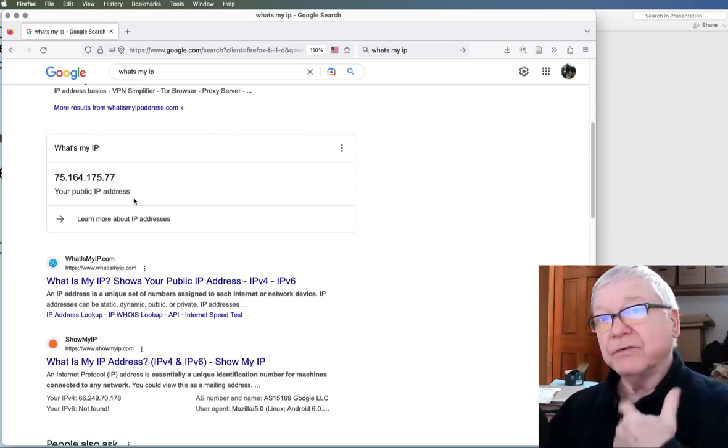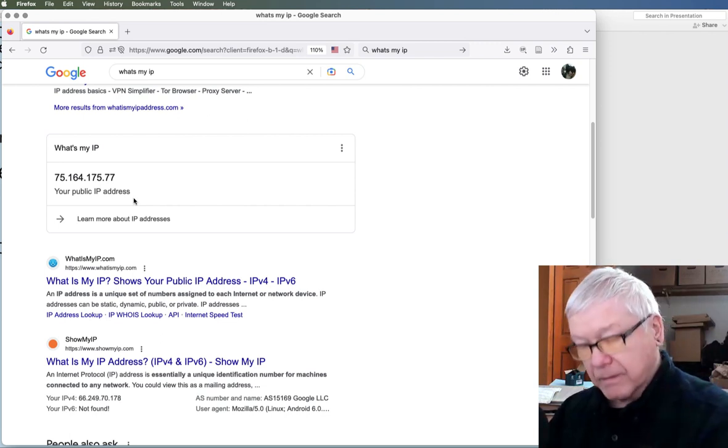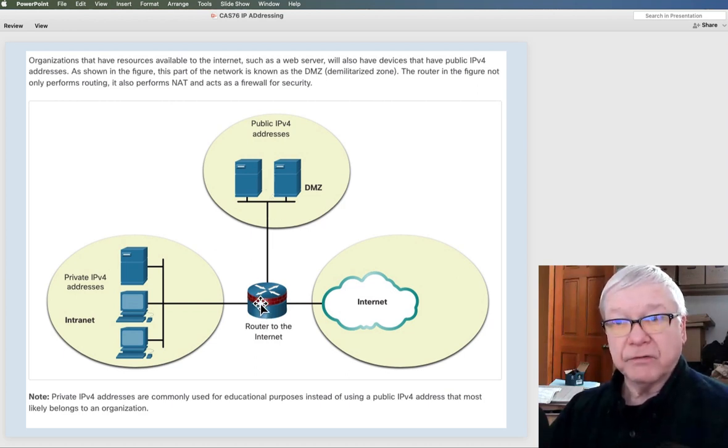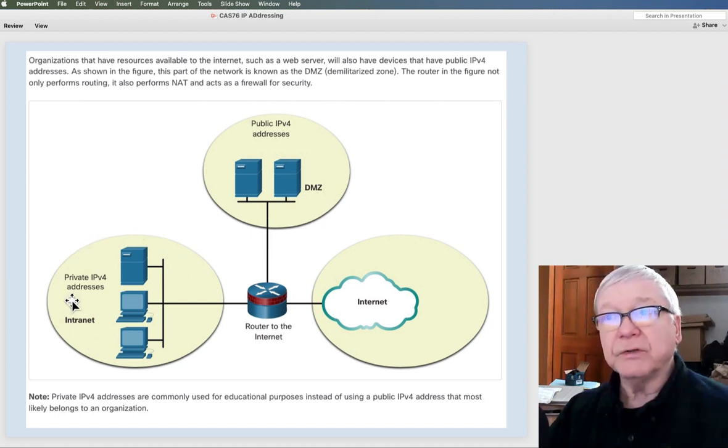And that's the one given to me by my ISP. Sometimes our company might have actual public IP addresses for things like a public-facing web server. And then on the inside of our firewall, maintain our private IP addresses for our own intranet, and then have another public address that goes out to the internet.